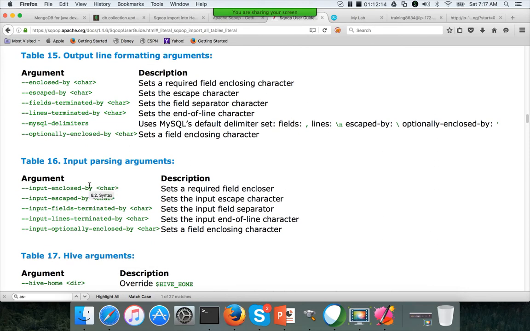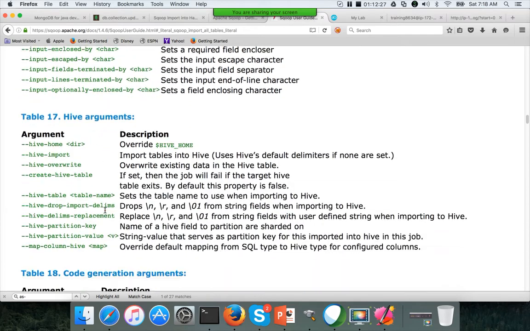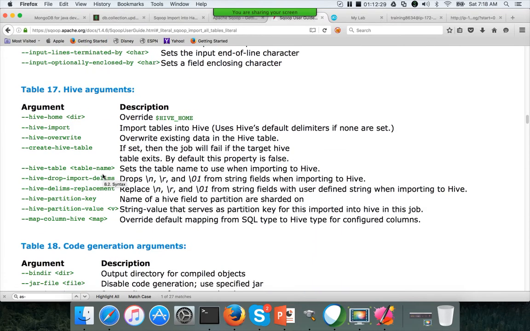And then input parsing arguments. While getting the data itself, if you want to make any changes, you can use these input parsing arguments. It is not that relevant for import at all. Typically these will be used for export. And these are Hive arguments. So if you want to load data into Hive using import all tables, you need to be aware of Hive arguments, which are similar to the import statement itself.